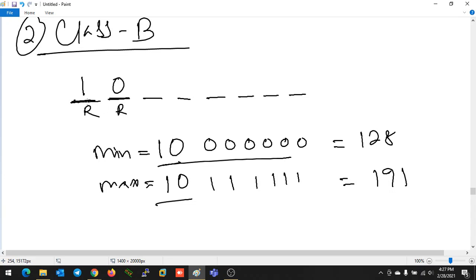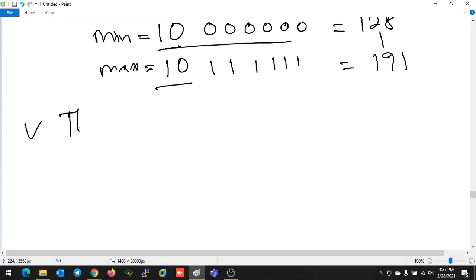If it finds the first bit as 1, then it will check the second bit, and if it finds the second bit as 0, then it will understand this is a class B IP address. We can understand this from the range 128 to 191, and my device can understand it from these 2 bits. This is known as the first octet rule. From the first octet, my machine checks the first 2 bits, and I check the range of decimal numbers.